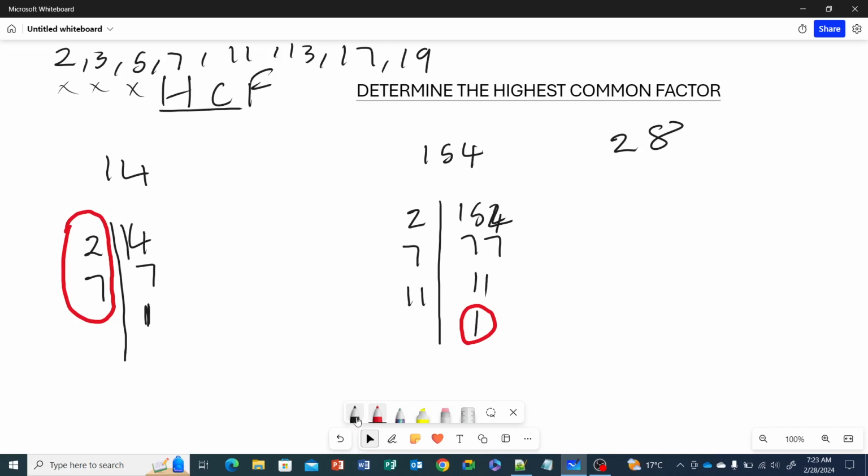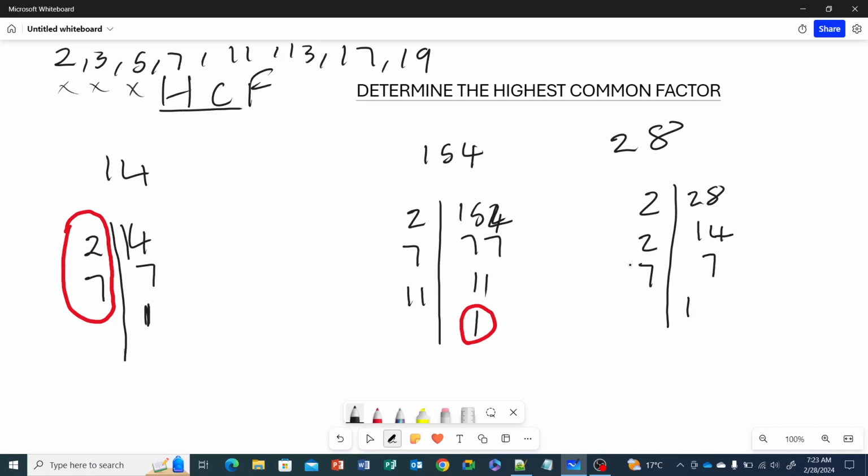Okay, so now let's proceed to the next number so that I can show you how to determine the highest common factor. So now we are dealing with 28. So 28 is an even number, it is divisible by 2. So 28 divided by 2, we are going to be left with 14. Now 14 divided by 2, we are going to be left with 7. Now 7 is a prime number, we have to divide by itself, then we are left with 1. Okay,